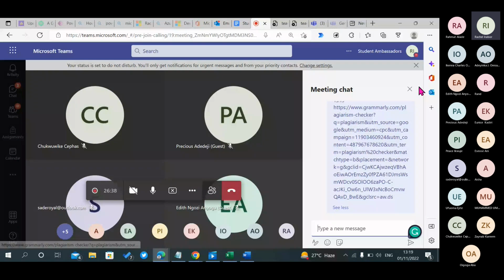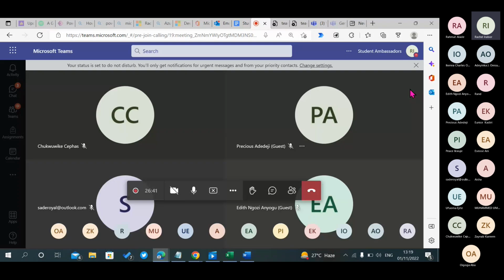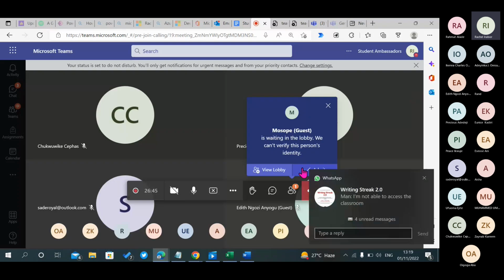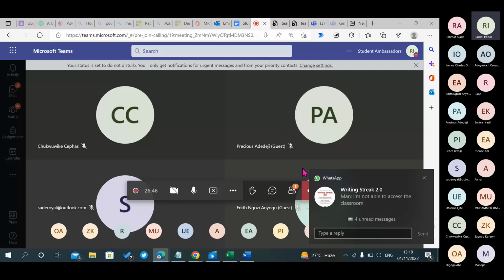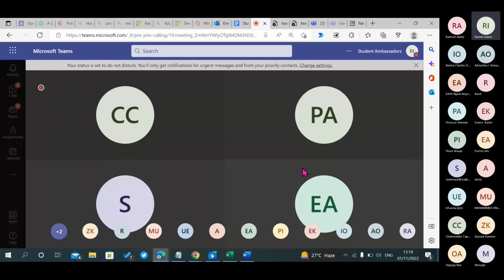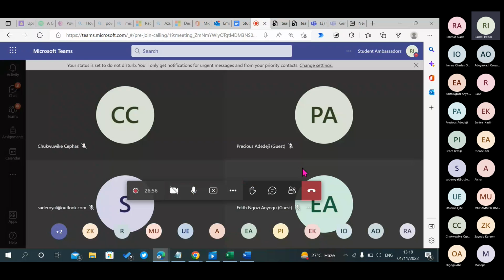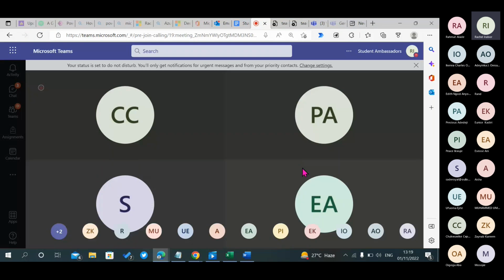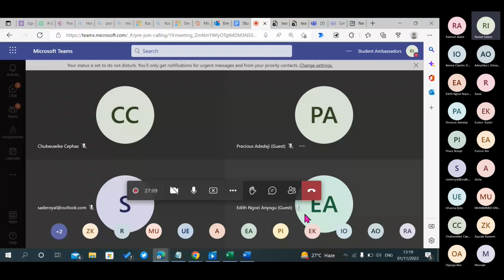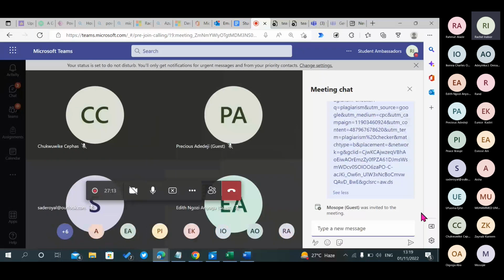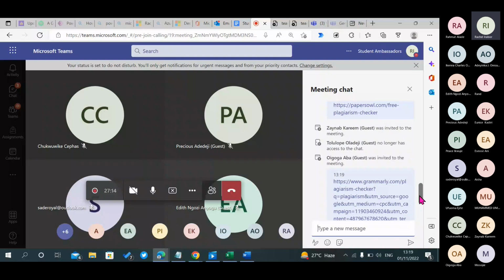So I've talked about the tools you can use to check for plagiarism. We have Grammarly, we have Microsoft Word, and we also have Paper Owl. Then we also checked tools that we can use for paraphrasing, that's to rephrase your words, which is QuillBot. Then I also talked about, which other thing did I talk about? I talked about Hemingway, which you can also use to check your work.